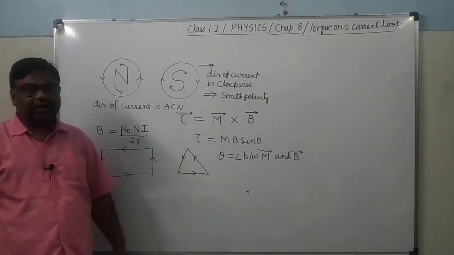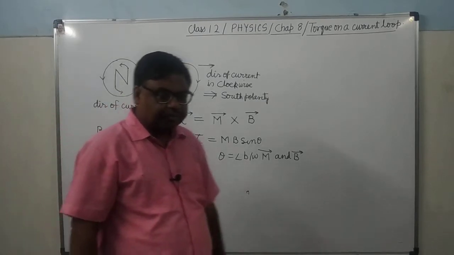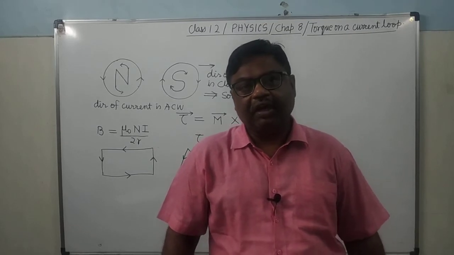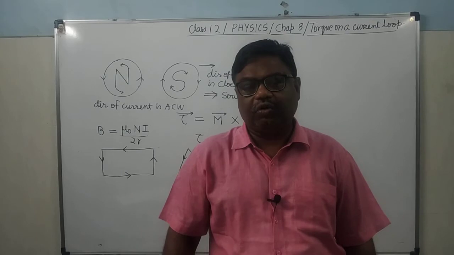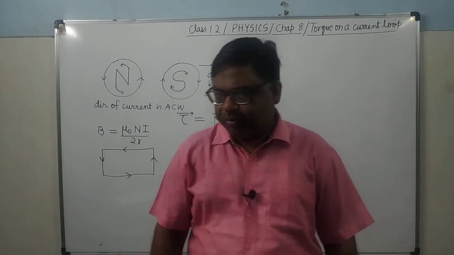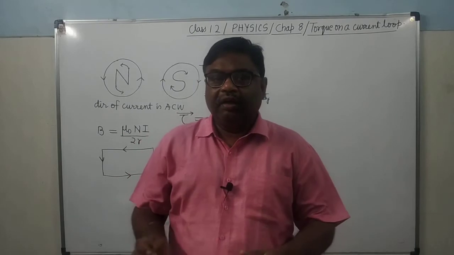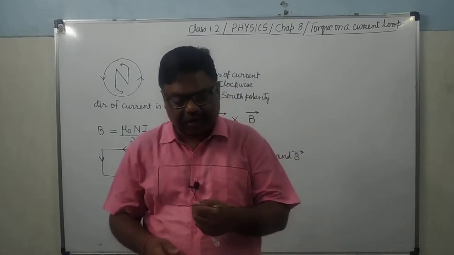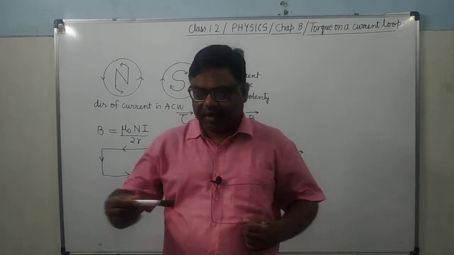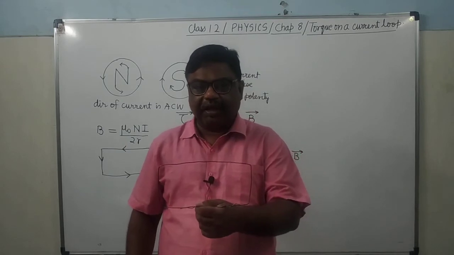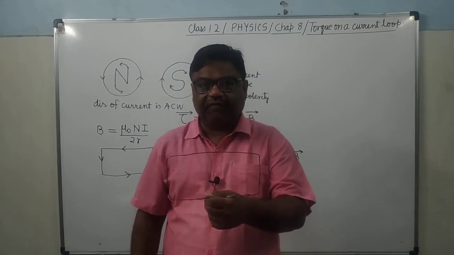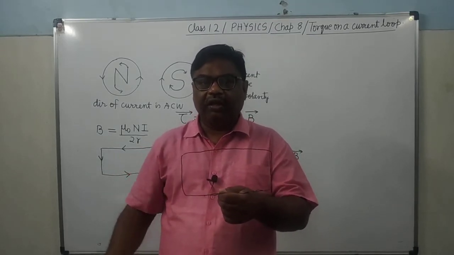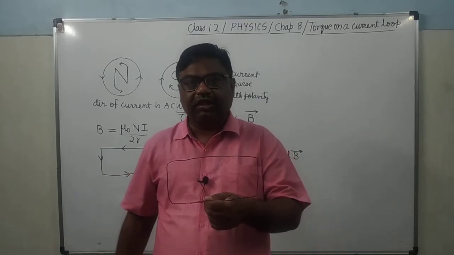We studied in the beginning that if a magnetic dipole of magnetic moment m is placed in an external magnetic field B, then the torque acting upon it is tau equals m into B into sin theta. It will be maximum when the coil is placed parallel to the direction of the magnetic field. Coil placed parallel to the magnetic field means the field direction is this, and this is the plane of the coil. The lines of force are going tangentially to the plane of the coil.